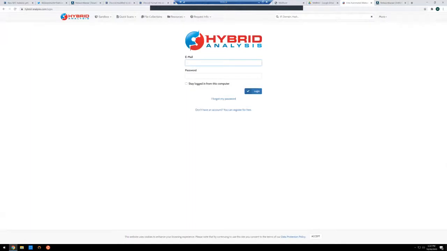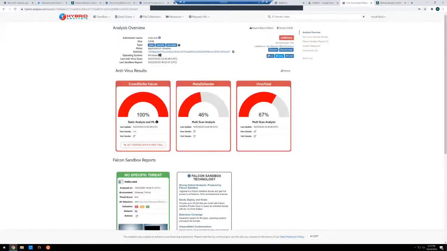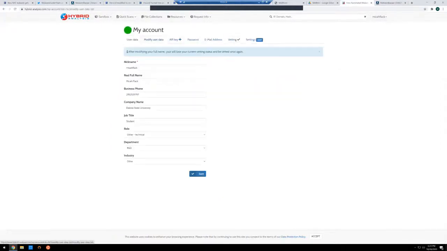If anybody needs to get an account, I think you can do it with your school email address, or if they need more than that, I, as a faculty member, could always write you a letter saying that you're a malware student. I think I've set up an account with them, and I don't believe they get too gritty about it. So you can use any email you want to create an account, but if you want to get elevated access to use their API, you would have to go to, I think it's profile, and then